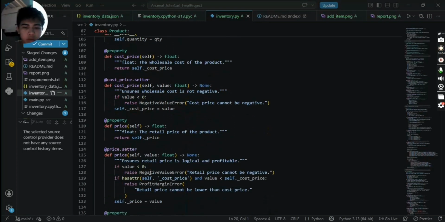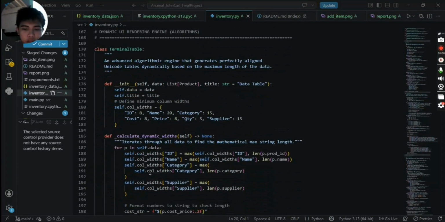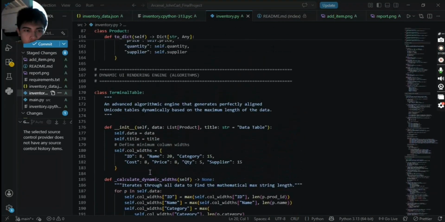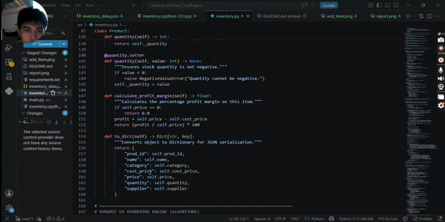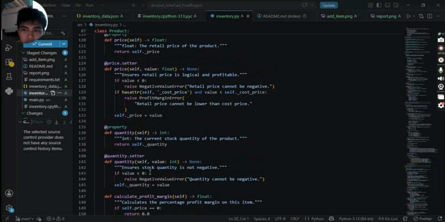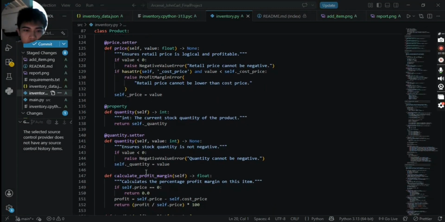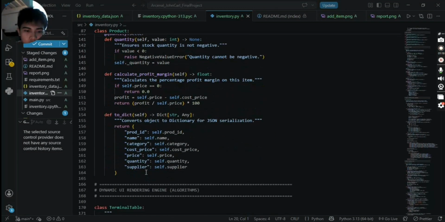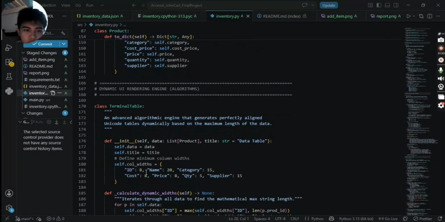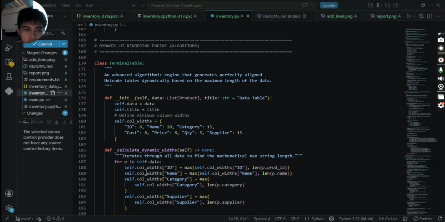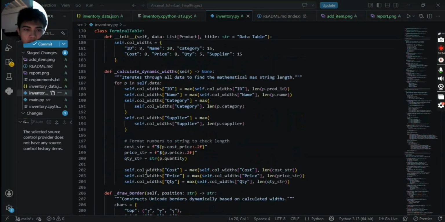So let's scroll down to the terminal table. Let's start at line 170.